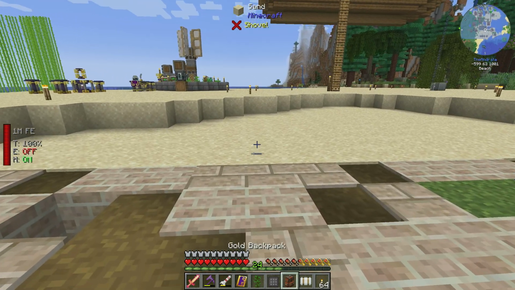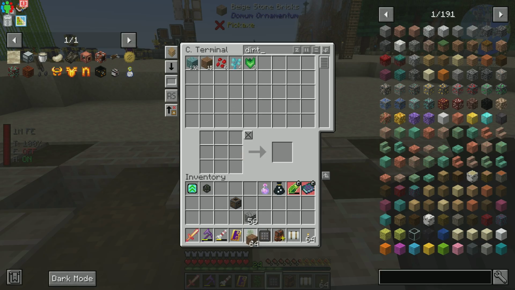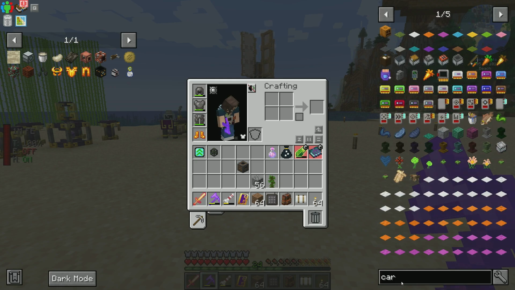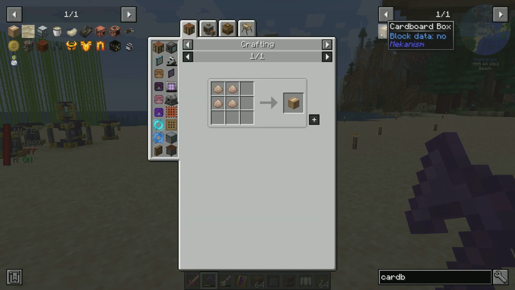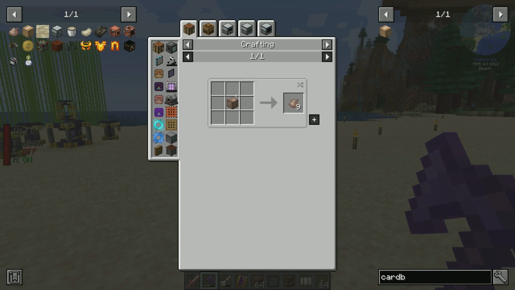Then we're going to have to get some dirt. Let's get a little bit of dirt, and by a little bit, I mean an entire stack. And you know what? I would like to get some cardboard from Mechanism. I'd like to make a smaller tree. Jungle trees grow very large. If you see my Enigmatica 6 series, I've done it this way in Enigmatica 6. So I'd like to see, can we get